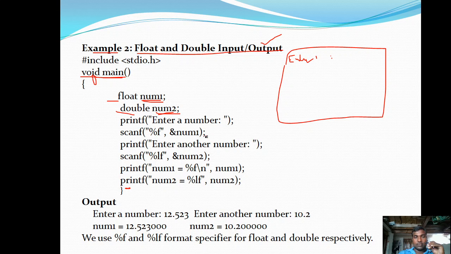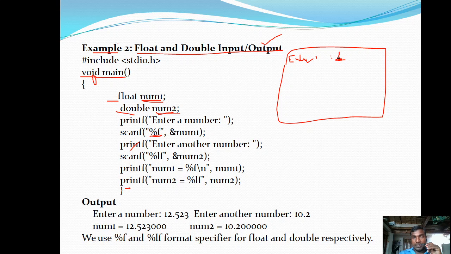Then scanf with %f: inside the double quotes of the scanf, %f means the C compiler is expecting one input from the user. Until you give an input, the cursor keeps blinking here.